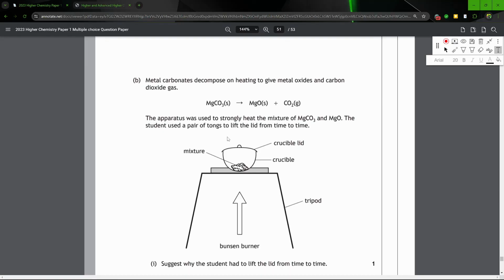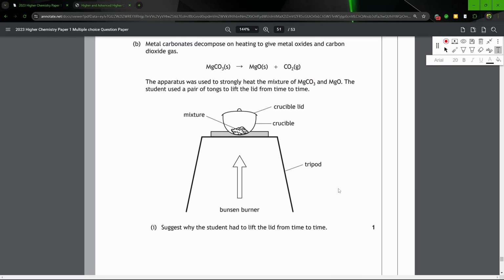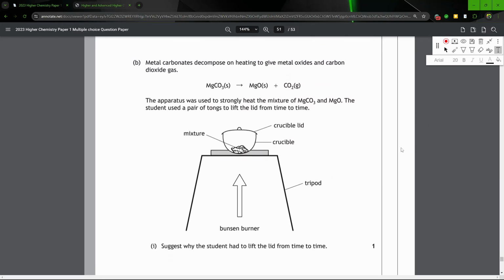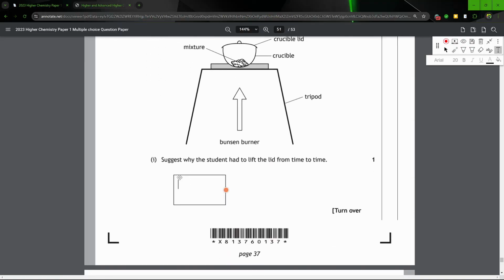The metal carbonates decompose on heating to give metal oxides and carbon dioxide gas. The apparatus was used to strongly heat the mixture of MgCO3 and MgO. The student used a pair of tongs to lift the lid from time to time. Suggest why the student has to lift the lid from time to time. Well, it does say that it produces carbon dioxide, so you don't want carbon dioxide building up, so you can say to allow the built-up carbon dioxide